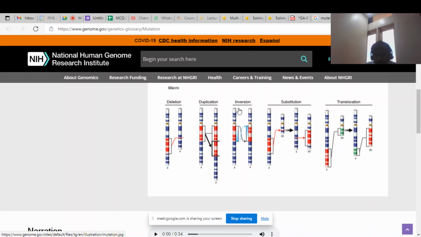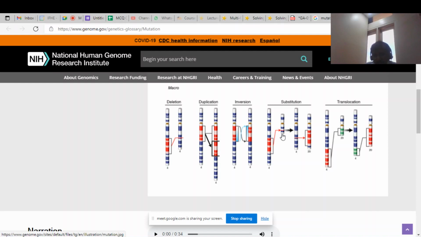This is an example of inversion. In the original child, this part of the chromosome is something like this. At the top you can see this red box is quite bigger, but here it is two smaller red boxes, and it got inverted, so it goes upside down. This part comes at the top and this part comes at the bottom. So here also the resultant chromosome is a mutated chromosome.